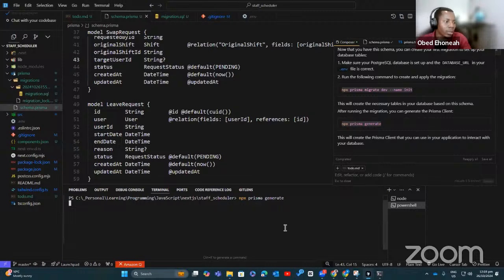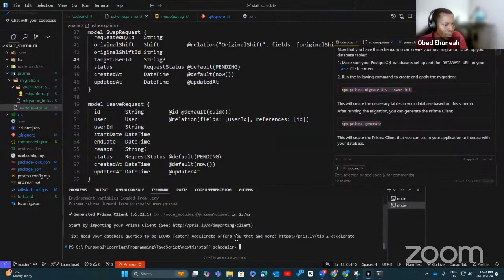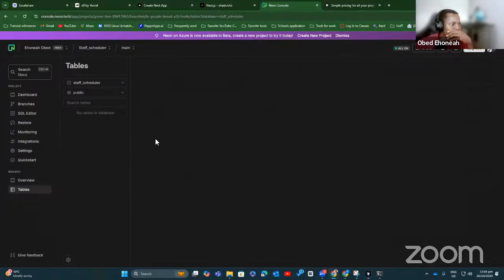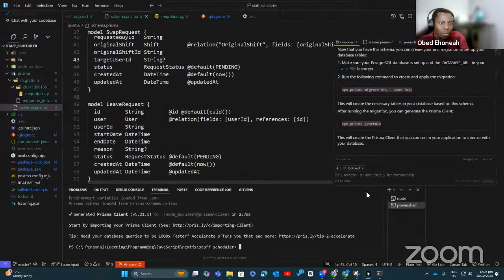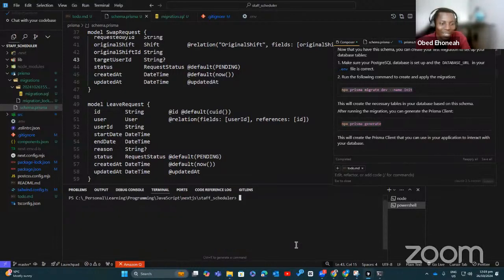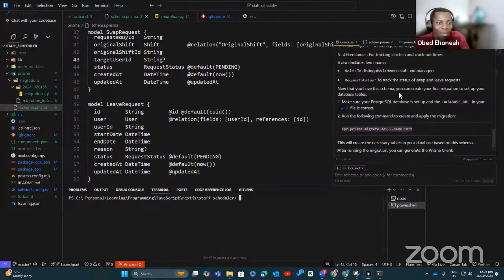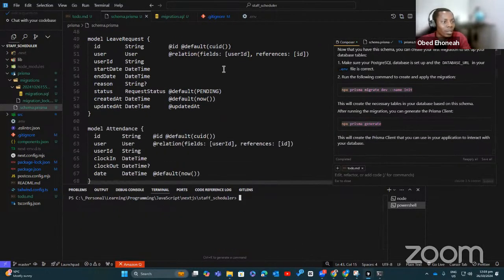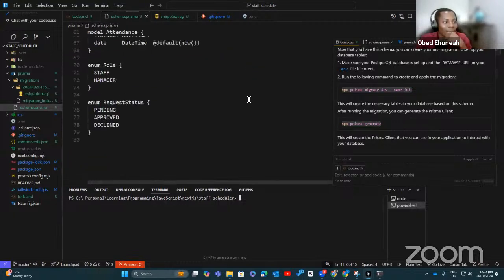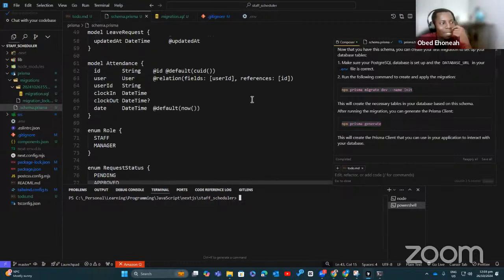Okay, let's run this. This is interesting. Anyway, let's keep going. If there is anything, I'll probably pick it up, but I think everything is going all right. So now we are done with our schema. We are done with our database setup.